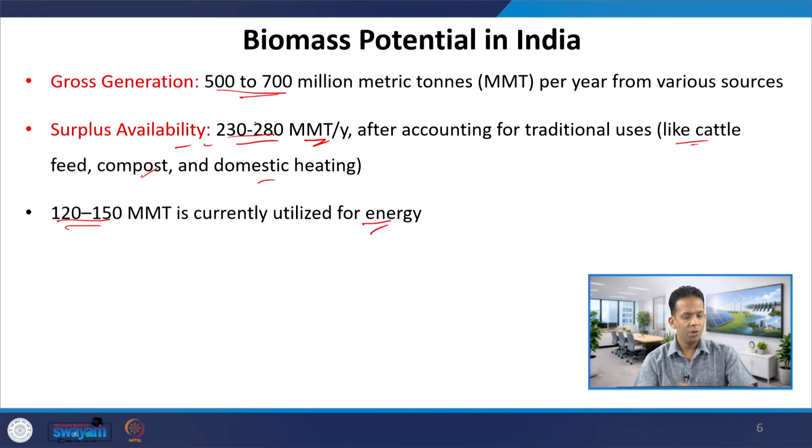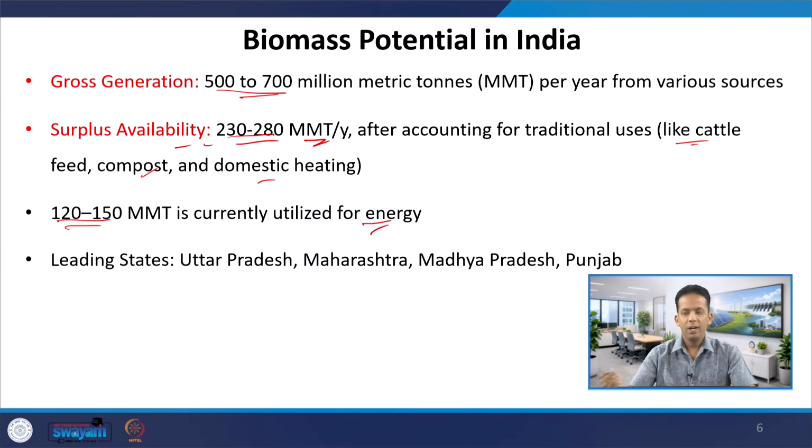So, there is still a huge scope to increase the consumption of biomass for energy, and India has more than 30 states. Amongst them, the leading states which have huge sources of biomass are UP, Maharashtra, Madhya Pradesh and Punjab. UP is the most populated state and spread across a wide region along the Ganga river. So, the soil is fertile and there is huge agricultural production, which results in the generation of a huge amount of crop residue. Maharashtra and Madhya Pradesh also have a huge amount of agricultural land and some forestry area,